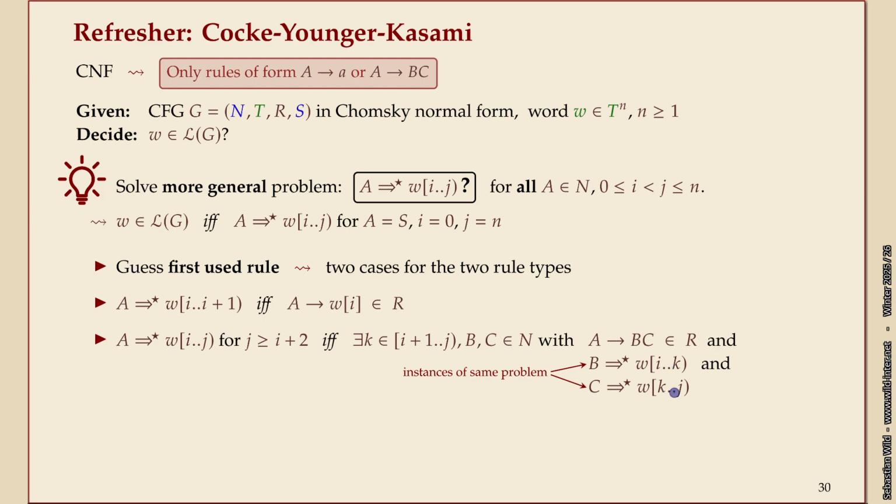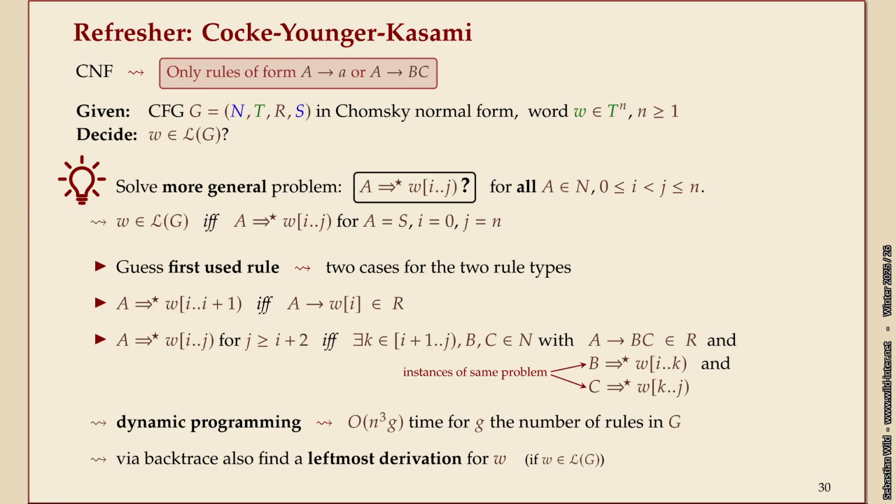What I don't know a priori is, one, which rule should I use if A has several such, and two, where's the cut point K? This I don't know. Maybe there's only a single K that works, but there will be one, and so I'm just going to try all. Okay, this is dynamic programming, in case you haven't recognized.